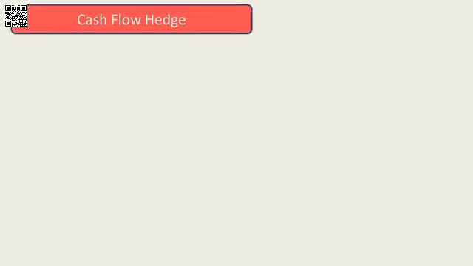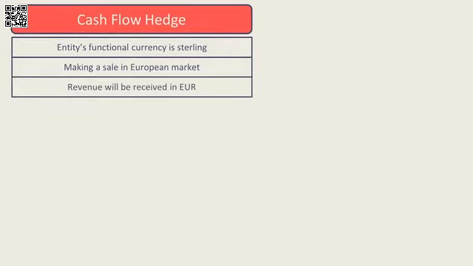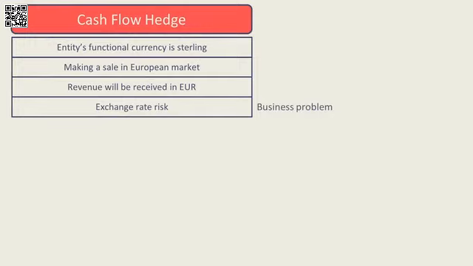We're concerned about a future sale. So let's imagine we're an entity who functions in sterling and we're making a sale into a European market. So we will be receiving revenues in euros. So of course, if the exchange rate changes, then we end up receiving less sterling. That's our business problem. So there's a highly probable forecast future sale, and we are going to try and hedge